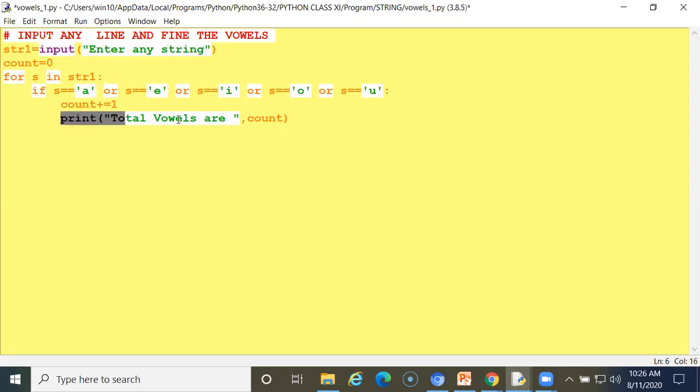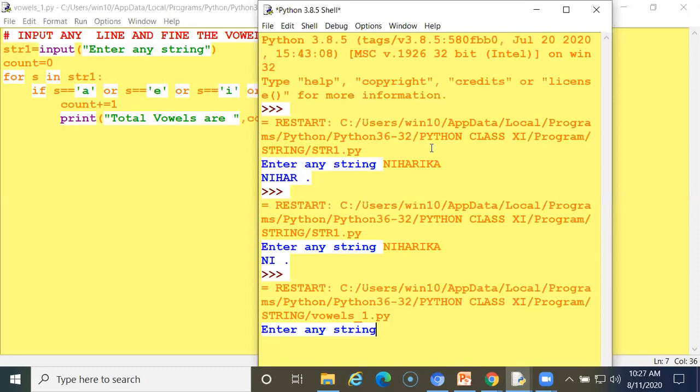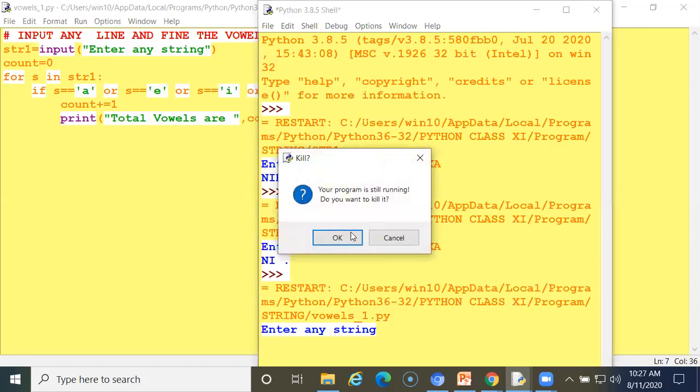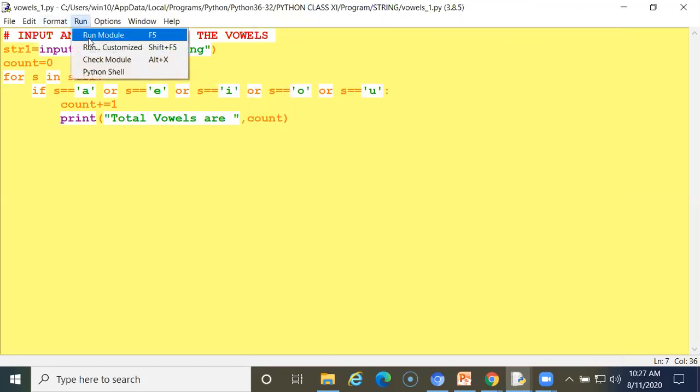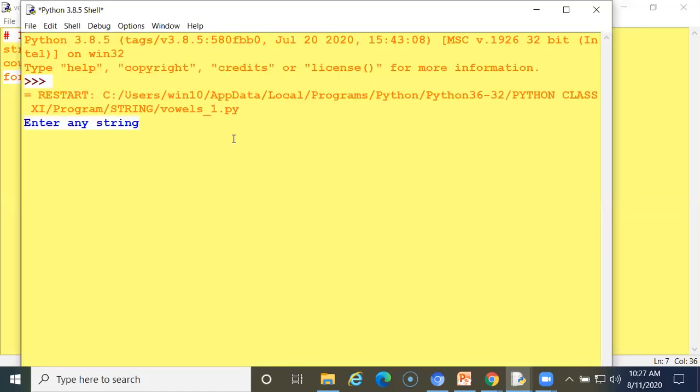And now I want to print it with the message: total vowels are count. What is count? The one which I am using for the update. I am printing this. See, I am using any string.